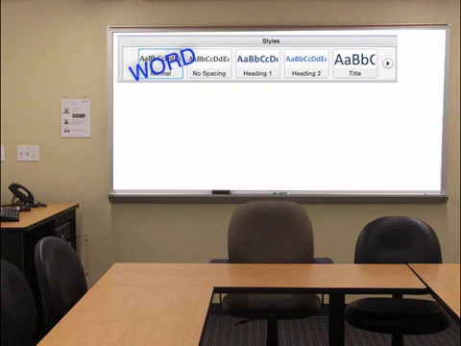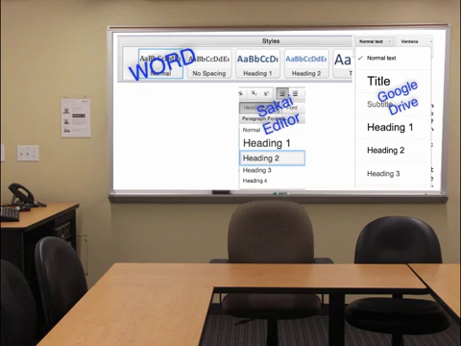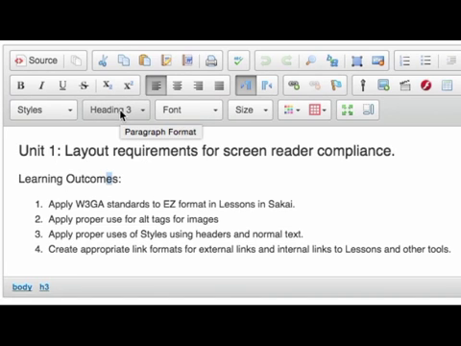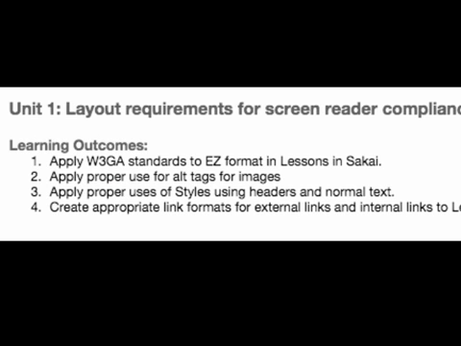Whether you're using Word, Google Docs, or even the Sakai editor, you are only one button away from using headings to structure your information. The headings are not used just for consistent appearance, but actually allow a program called a screen reader to properly organize the reading of the page and also provide a summary page based on the headings. This page is using heading 2 and heading 3 to structure the content as well as control the size and appearance of the font. The page is well structured and looks clean and consistent.